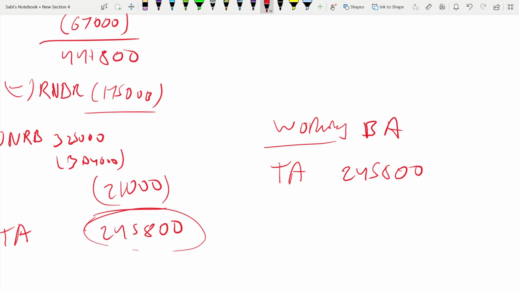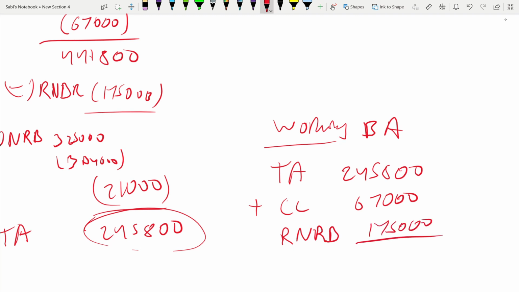What do you have to do with it? Add back the charitable legacy of 67,000. Add back the residence nil rate band of 175,000. And you get 487,800. Take 10% of it,